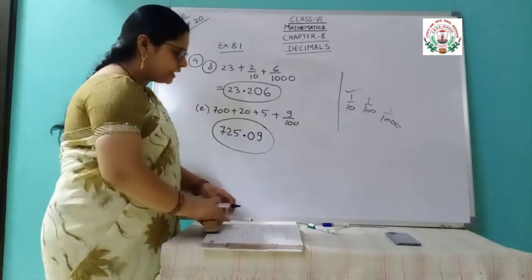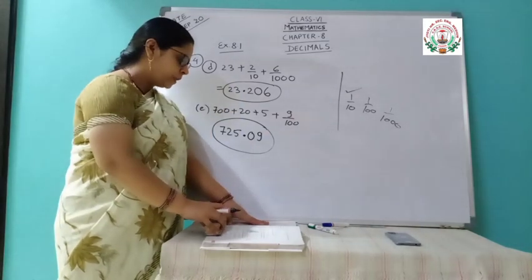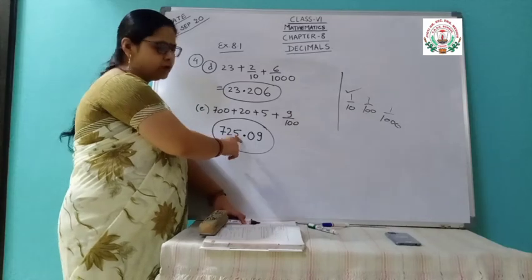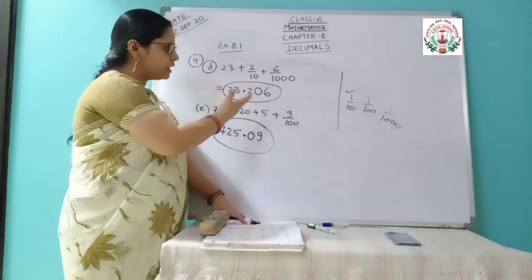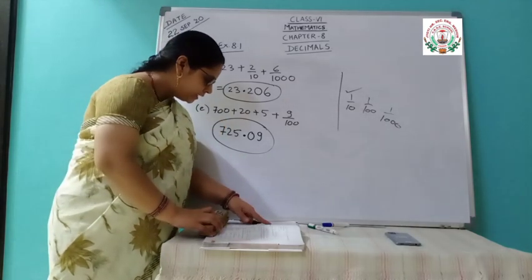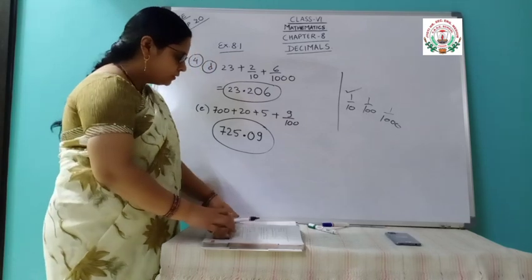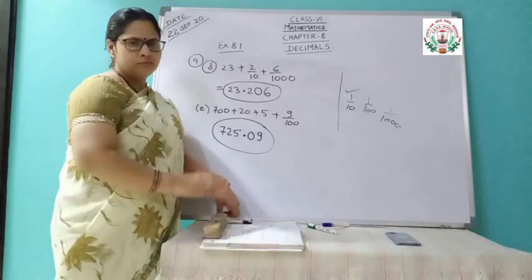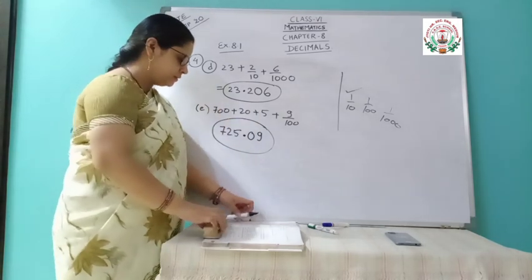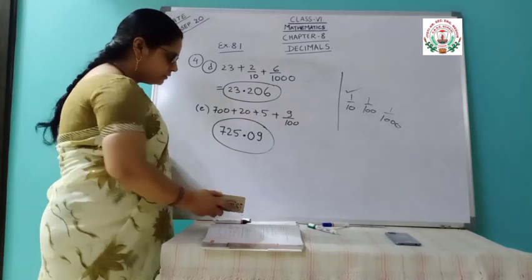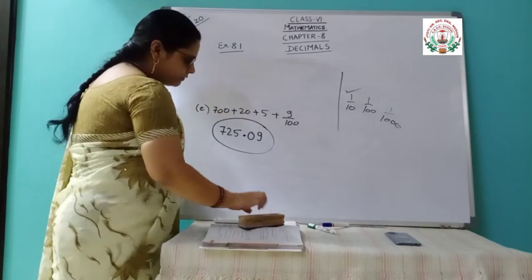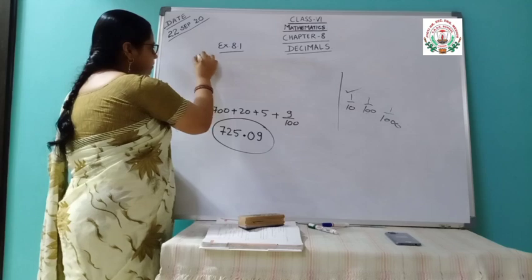So writing this as decimals is clear to everyone. Now the next is the reverse order of this. Reverse order of this means decimal numbers are given and you are asked to write in the different parts. Actually here it is asked to write in words. If you do the fractional part, means in parts, then in words also you can write this. I will explain just one. The others you can see in the next class, how to write in words. First we will see how we will distribute in the parts.